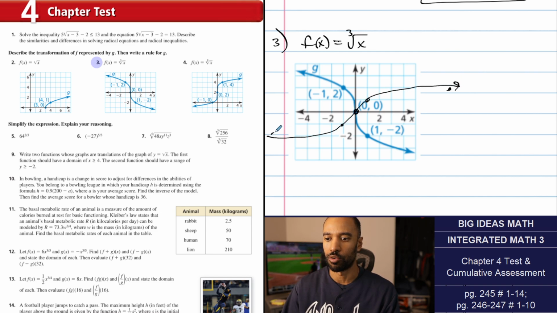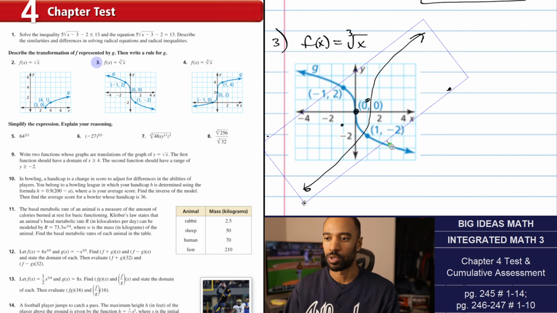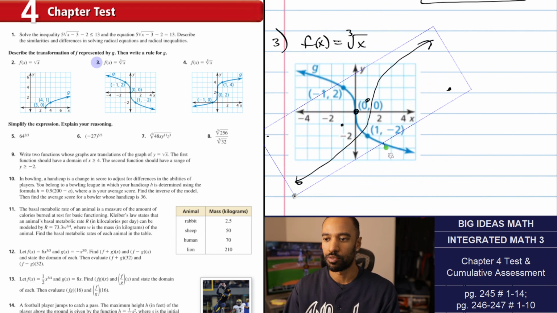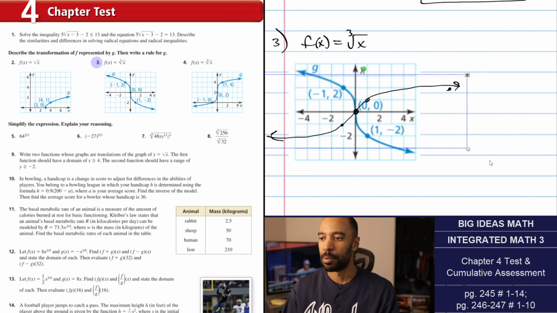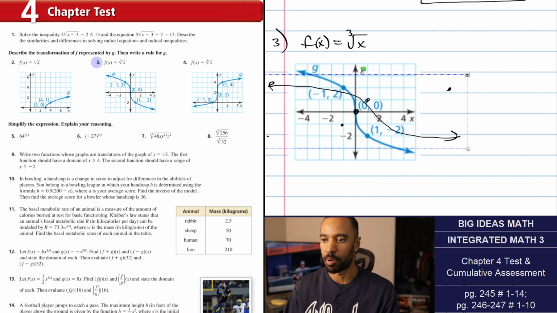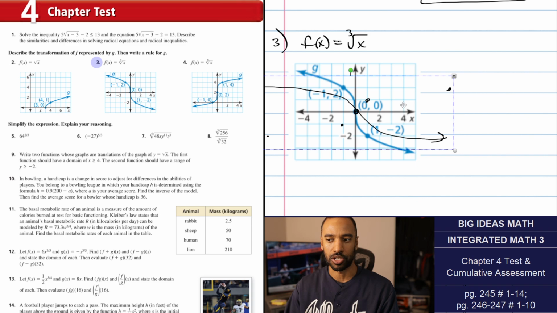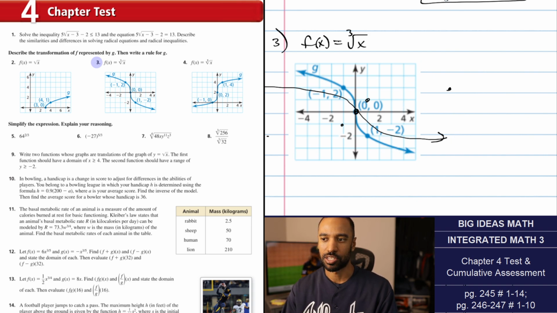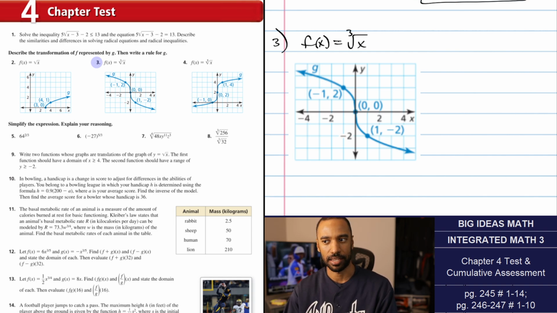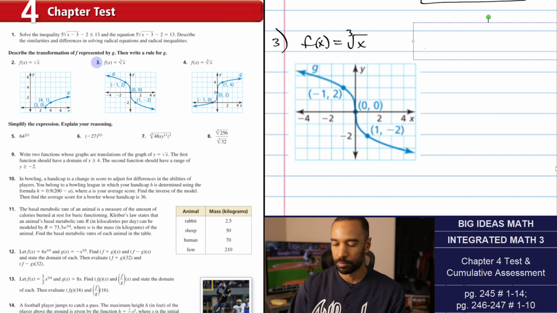So you can tell it flipped over. Now, did it flip over by means of rotating, not rotation, but if it rotates over, I guess I can't rotate it. Does it flip left and right, or does it flip up and down? Either way, it goes that direction. So you can either flip over the y-axis or the x-axis. Doesn't matter which one there. I'm going to say the x-axis. I prefer flipping vertically. So the graph of g